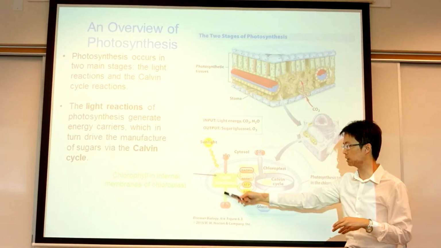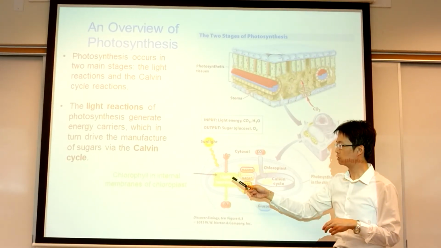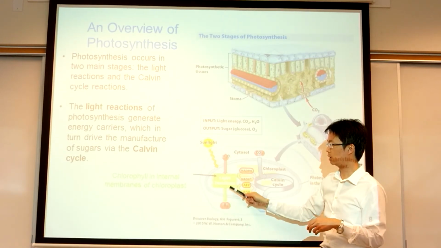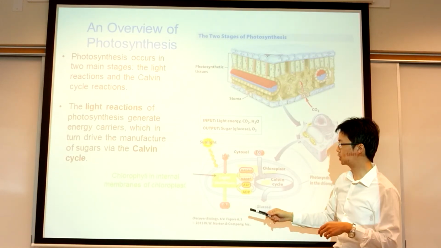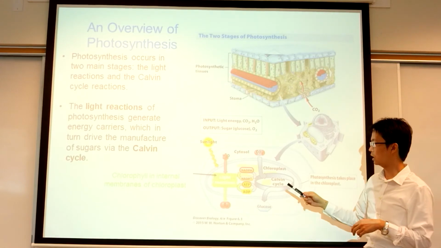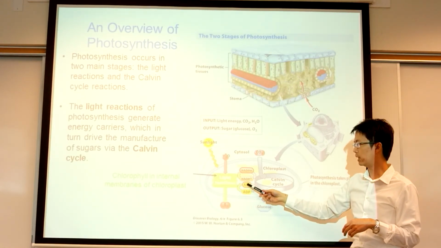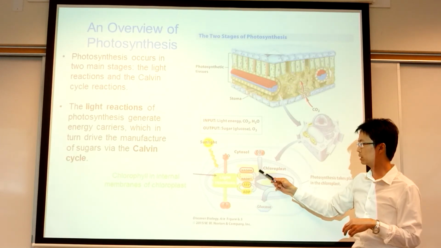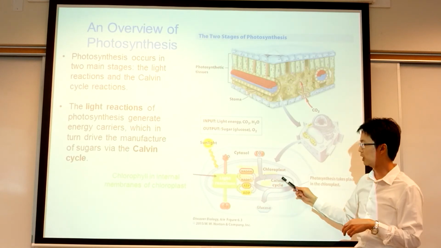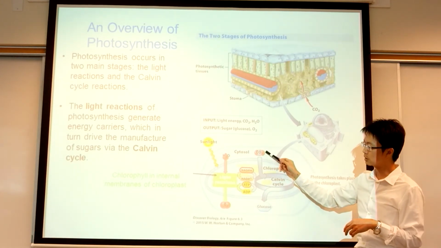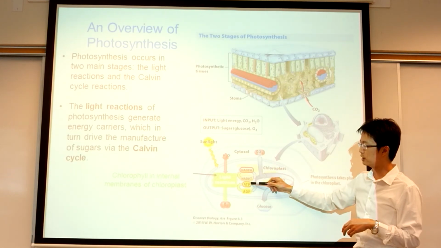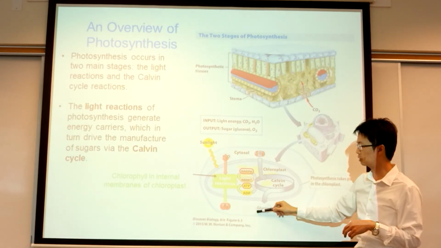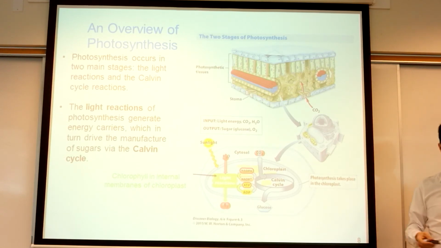You can see that this is the summary of the entire photosynthesis. So light reaction absorbs sunlight, and then it splits water into oxygen. After it splits water into oxygen, it will generate the hydrogen ion. Hydrogen ion will be used later on to make ATP and NADPH. And then ATP and NADPH will be used in the Calvin cycle. Calvin cycle will reduce carbon dioxide gas and use the energy from NADPH and ATP to reduce carbon dioxide into glucose. And that is the overall photosynthesis.